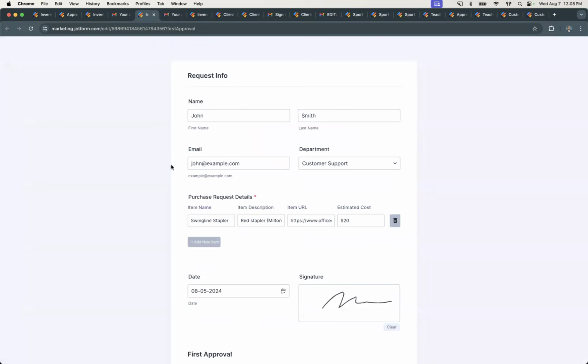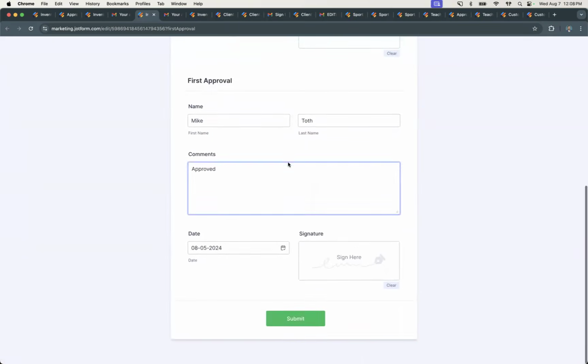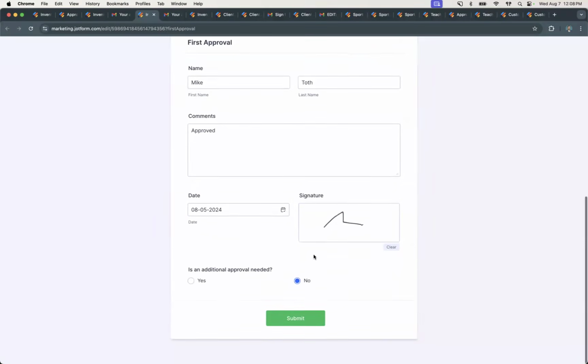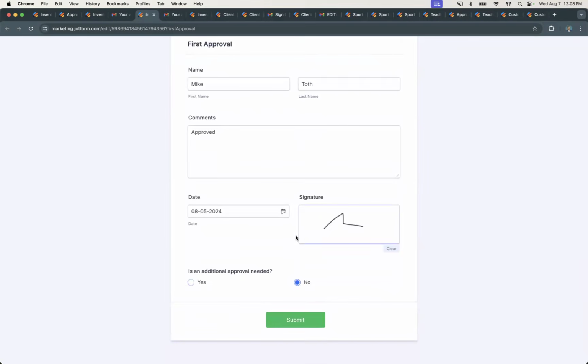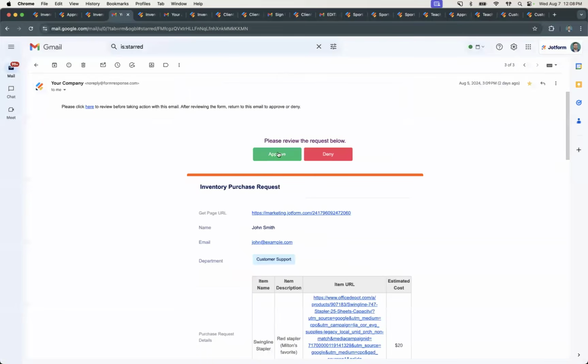So they could open that edit link, and they see all of the questions filled out by the initial submitter. And then they also have their section for the first approval, where they could add their information. And then I have some logic set up to the signature field to only show this question after they sign. And then if the second approval is needed, I could hit yes, choose who my approver is. I also have some logic just changing this email address so it doesn't have to be hard typed. And then I could actually submit this and make an edit to the form. What would need to happen then is I return to the email and click approve to move it on to the next step in the workflow,